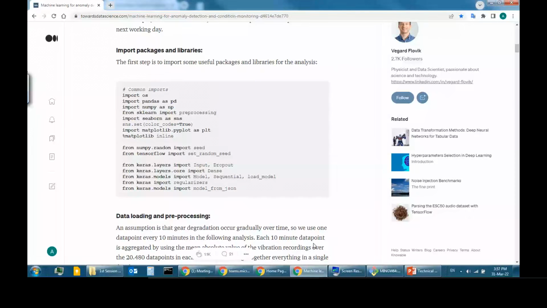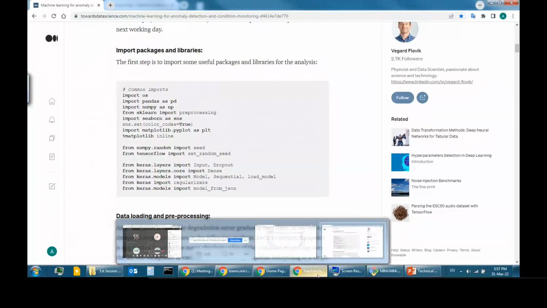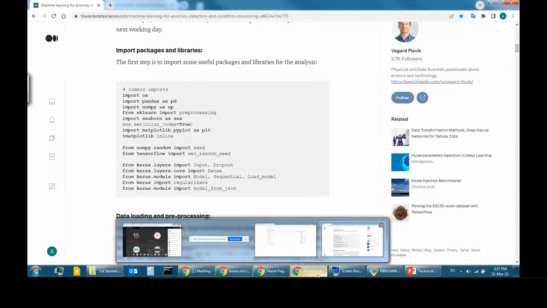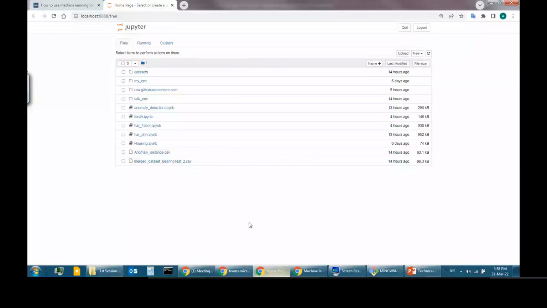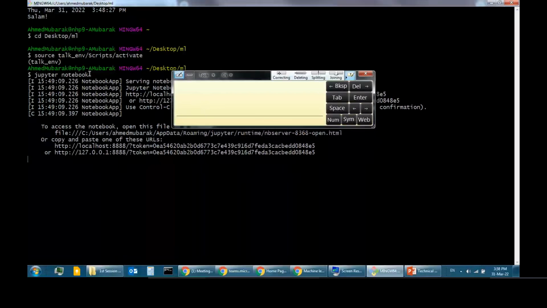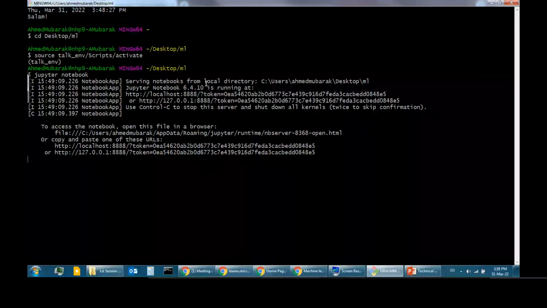Google Colab uses something called Jupyter Notebooks, and I am using the same here locally. I just run Jupyter Notebook, which is the same as what you can find in a cloud service. If you don't want to install that on your PC, it's okay. You just refer to